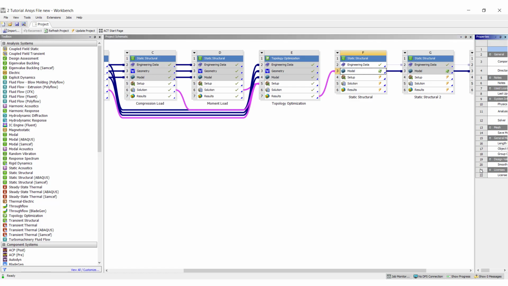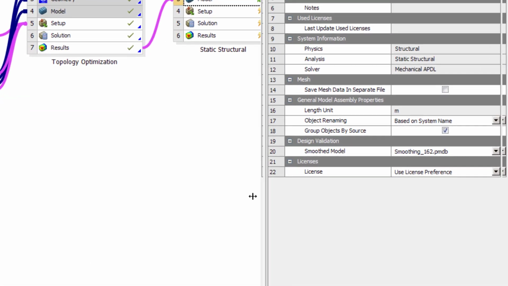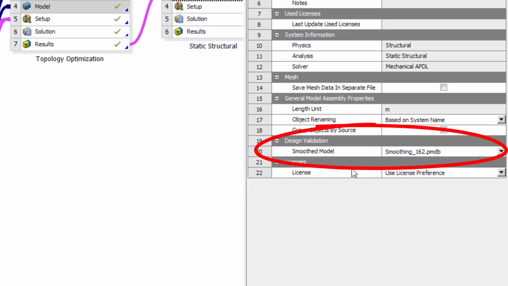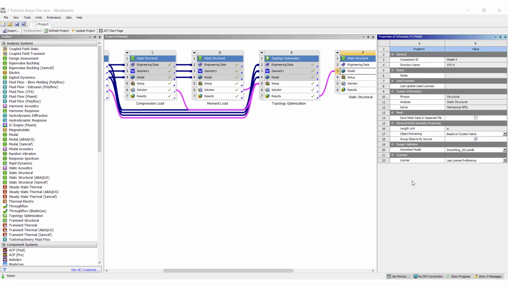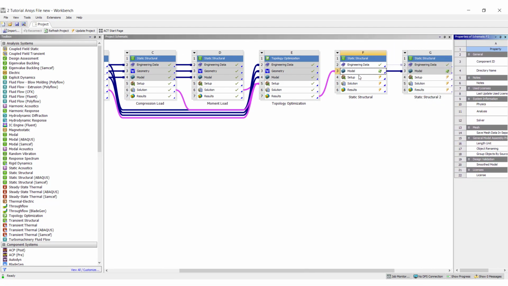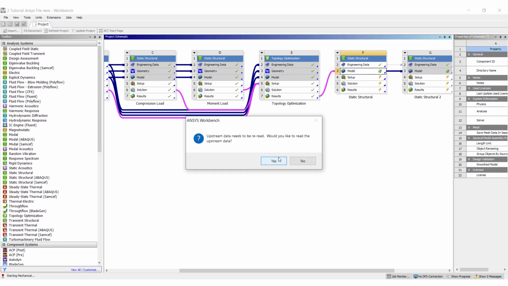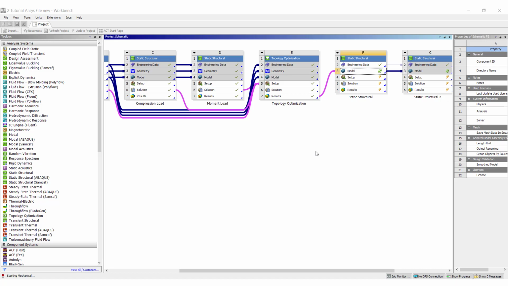In the properties of the design validation system, you can select the smoothed model if you have exported multiple smoothed models. In this case, I have only one. Right click on the model and select Edit. Select Yes in this pop-up window.